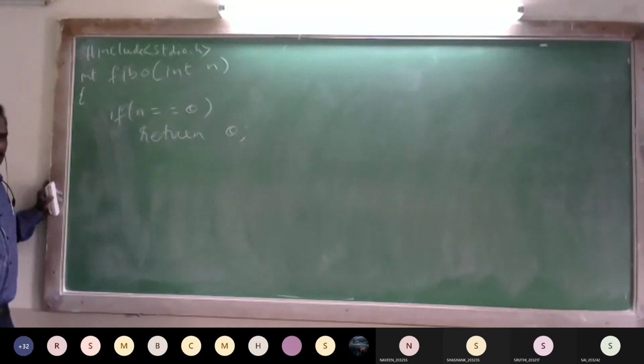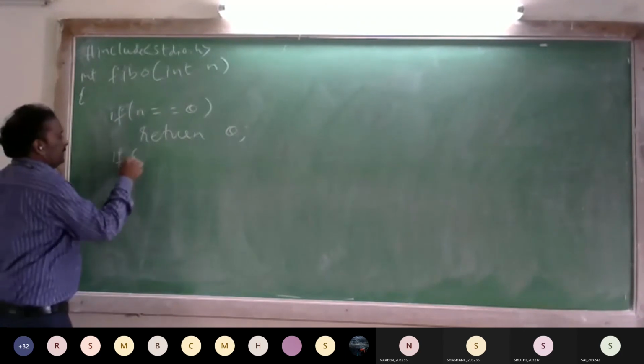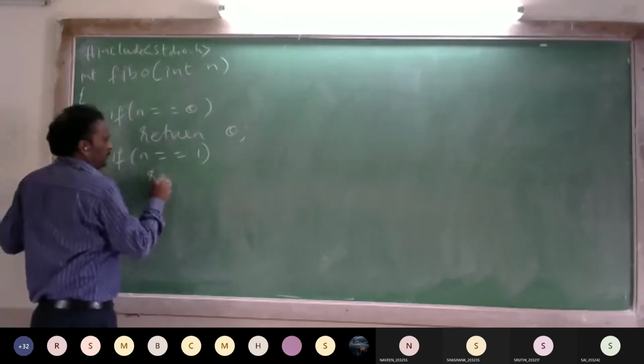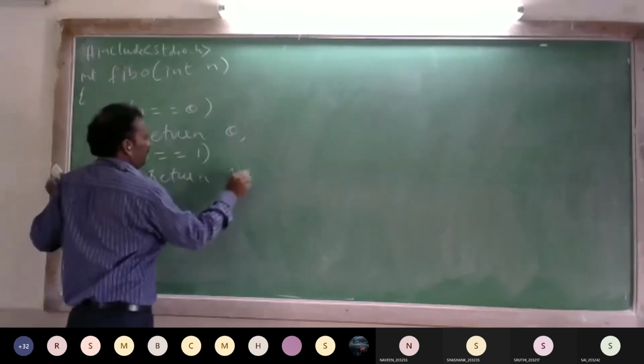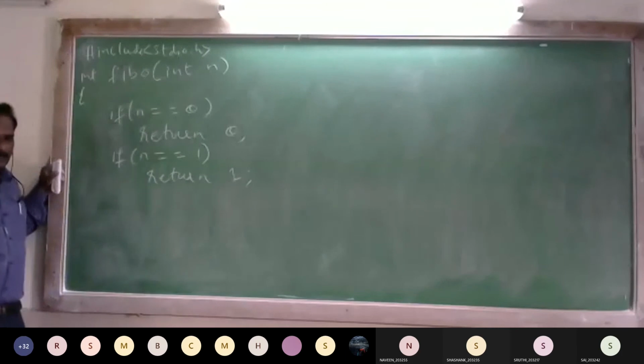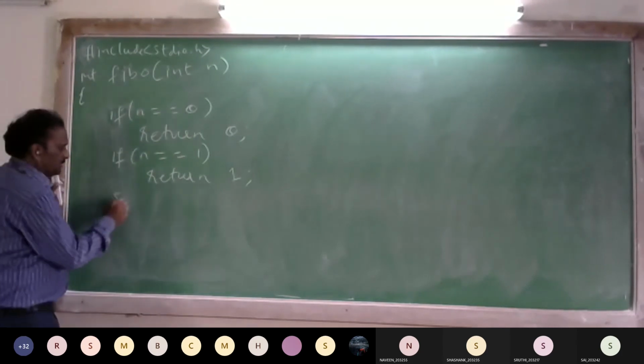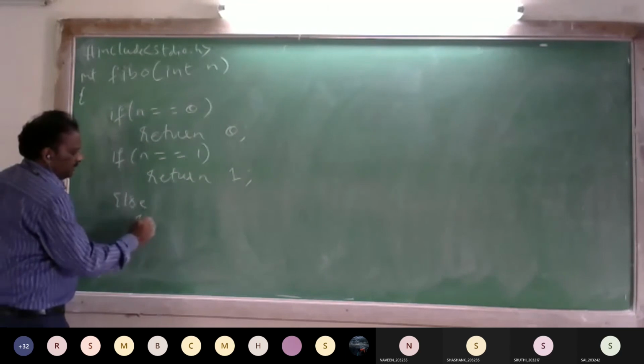Now, if I want to calculate the first Fibonacci number, if n is equal to 1, what is the Fibonacci series of 1? Fibonacci of 1 is 1 itself, because 0 and 1 are the base values. Now you come to the recursion value, other than 0, other than 1, else, return,